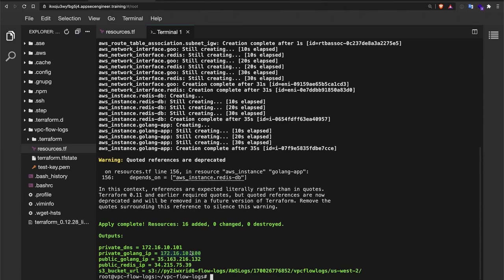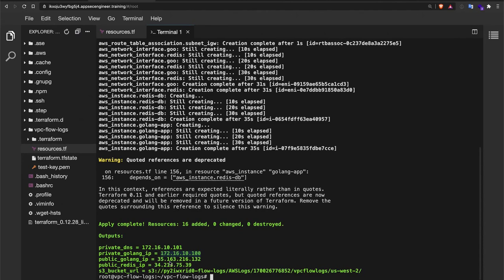So the idea here is that we are going to use our VPC flow logs to identify this sort of traffic and identify any anomalies. If traffic is coming from outside of the 172.16 range, we're going to be able to identify an anomaly with our VPC flow log, and maybe after that we can take a call on shutting that kind of traffic down. Now we also have the public IP.